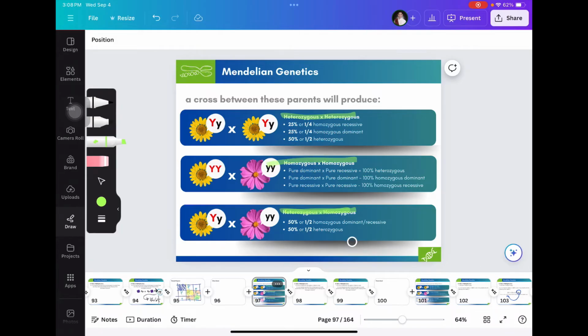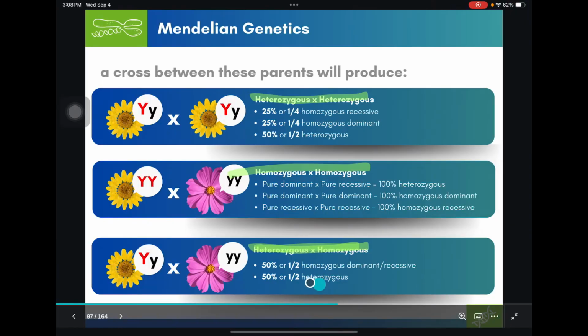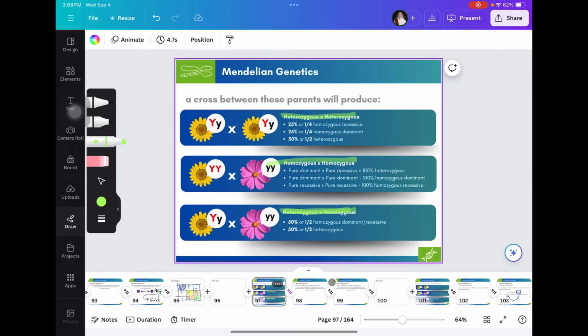there is a 50% chance or probability that the offspring would be homozygous dominant, and the other 50% are technically heterozygous, right? So if we're going to apply the cheat sheet, this one, in our question,